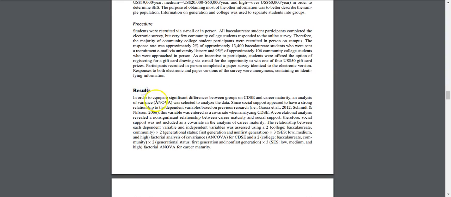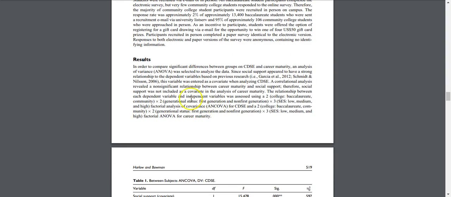And then this is the results section. So this, they used a statistical analysis called ANOVA. If you're like me and the statistical analysis is not your strongest point, don't be afraid of the complexity of